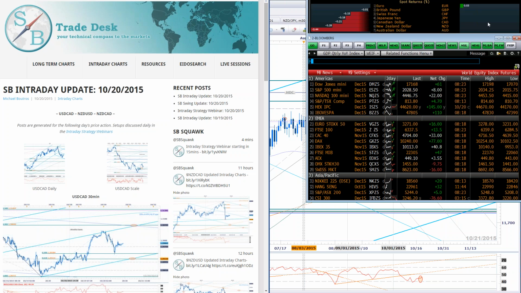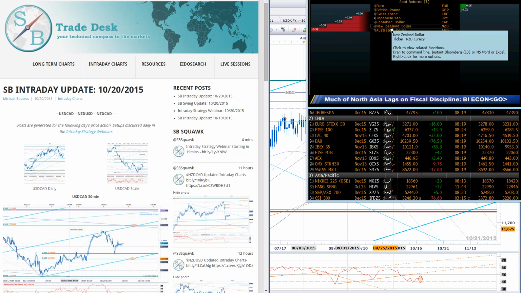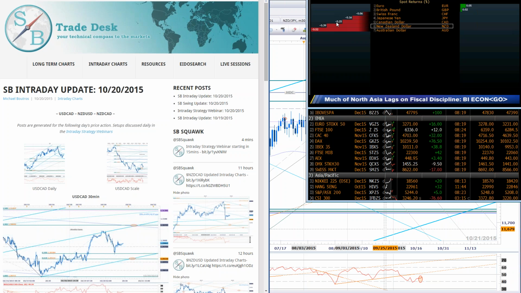Relative performance for the dollar looks like this. It's pretty much strong against most of its counterparts. Euro still pretty much unevened on the session. So is sterling. By the way, sterling's just putting in a very nice opening range here. With the Aussie coming off 0.52%, Kiwi off 0.39%. That broke support finally on the Kiwi, so we'll talk about that in a moment as well. And the loonie down 0.25% ahead of the Bank of Canada.